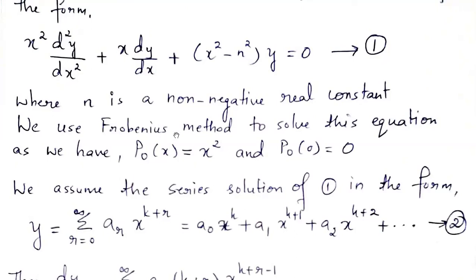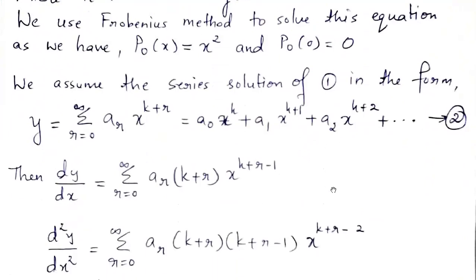equation, we use Frobenius method. What is Frobenius method? I have already explained in the last video. We use Frobenius method here because this differential equation is of the form P naught of x into d square y by dx square plus P1 of x into dy by dx plus P2 of x into y equal to 0. And also here P naught of x is equal to x square, and when you calculate P naught of 0, that is when you put x value here as 0, you get P naught of 0 value as 0. That is why we can use Frobenius method to solve this particular differential equation.